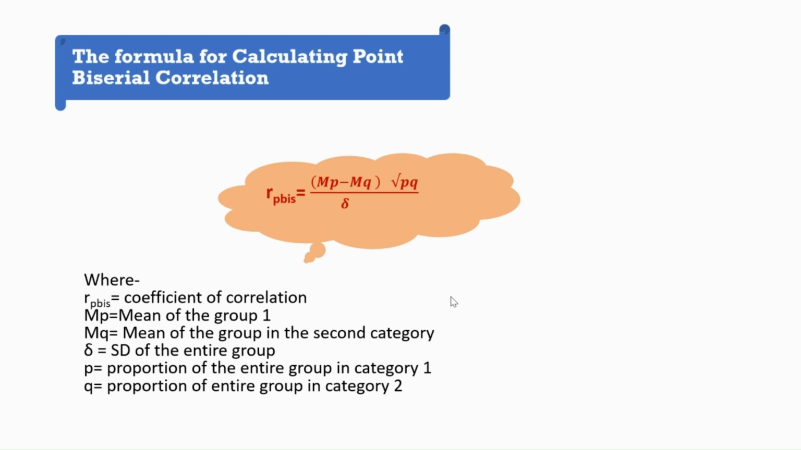Here p is the proportion of the entire group in the first category. It means this is the proportion of the subjects which are allotted to the first group, and q is the proportion of the entire group in